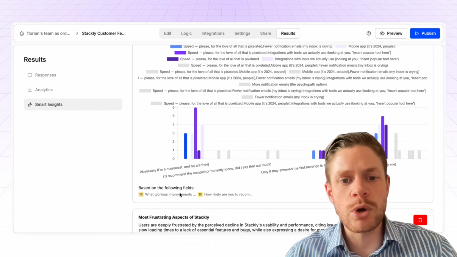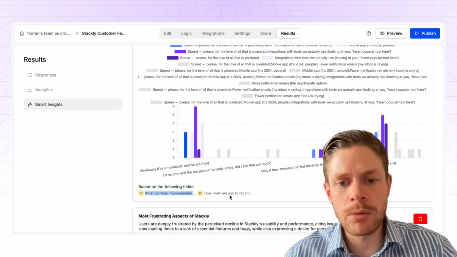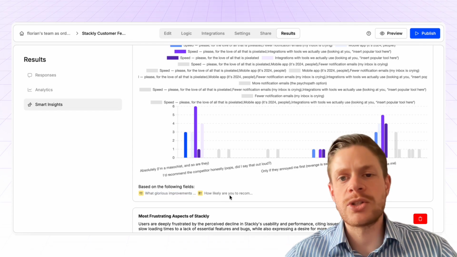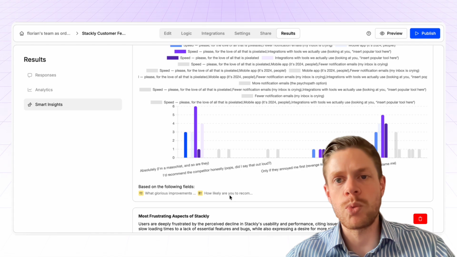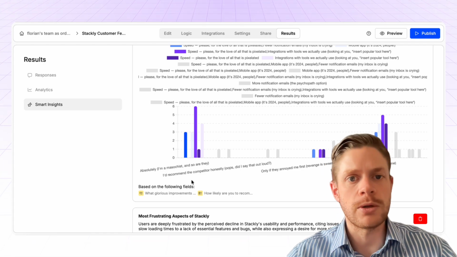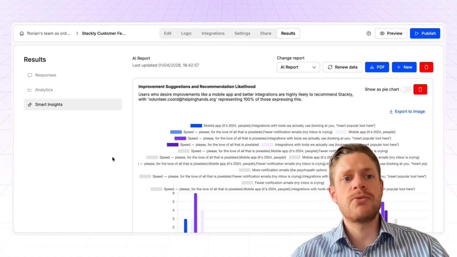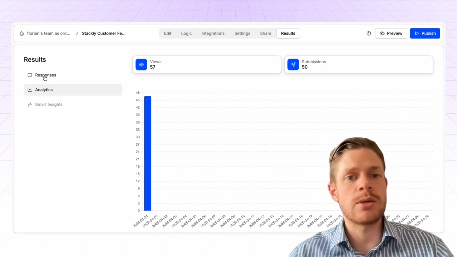So this gives you an overview based on multiple questions, whether there's a correlation between what people answer on one question and what they answer on another question. So that's it for the analytics and responses part